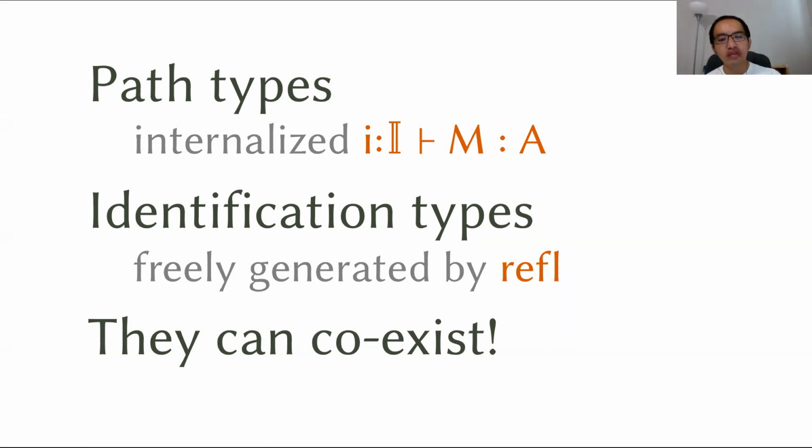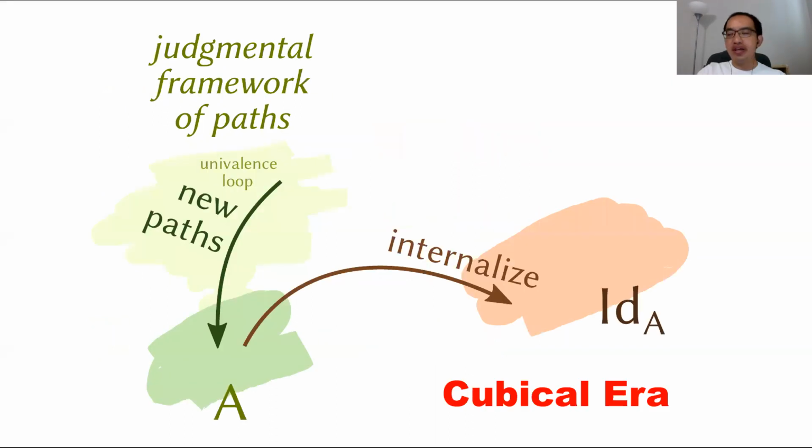So I would like to go back to this diagram a little bit. The identification type is an internalization of the type A in the new framework. So if we don't have the extra structure that I talked about in A, you actually are not able to even have a well-defined